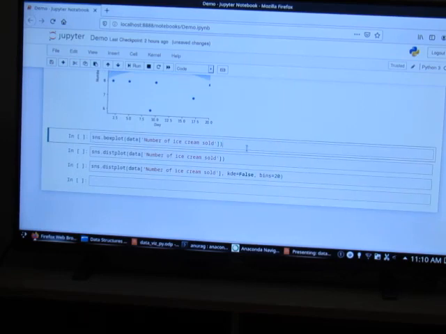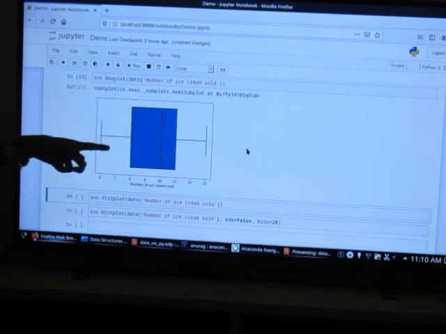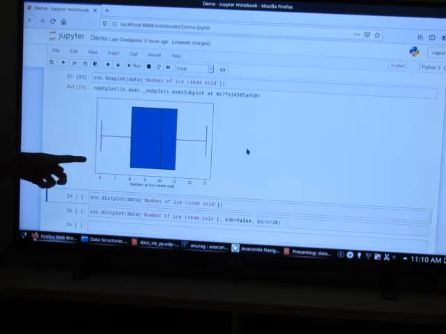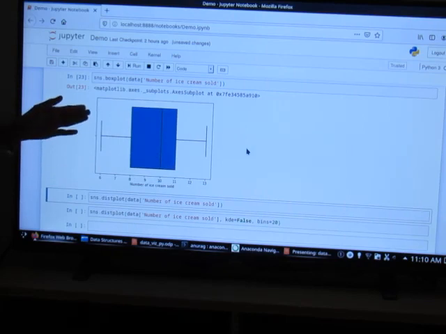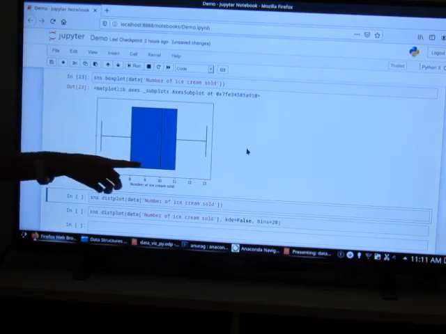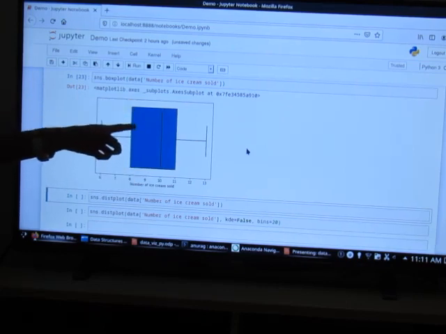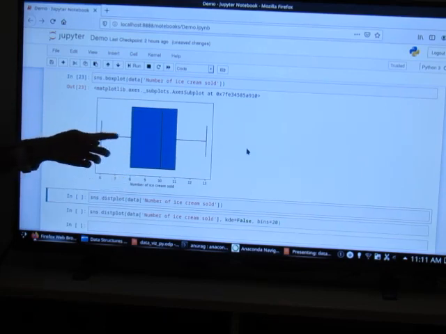And then a box plot for some statistical information. This box represents the 25th to 75th quartile. This line generally represents the cutoff value at the lower end and higher end. Since this is a small data set, it finds the minimum and maximum, but sometimes we have outliers. In such a case, those outliers would appear as points beyond this range. And then the central line is the median. If it's exactly in the middle of the box, it means that the data is not skewed. However, here we can see the data is skewed.